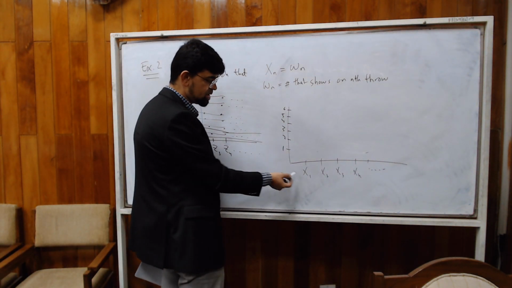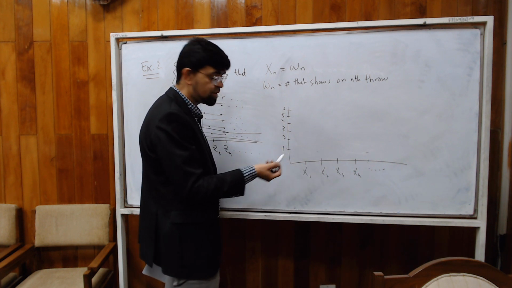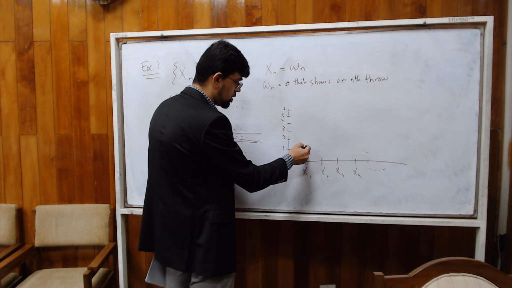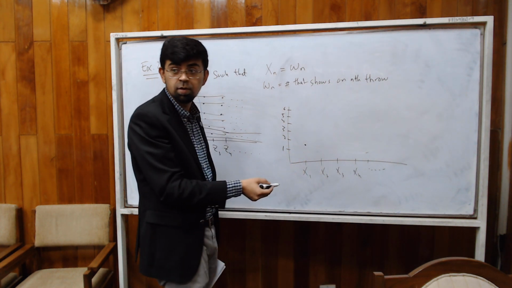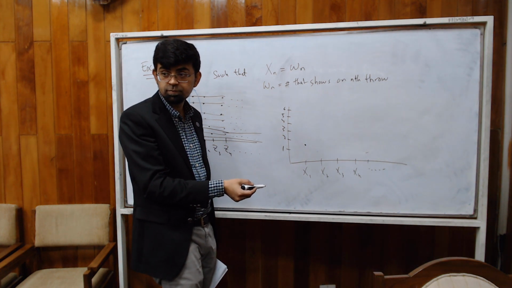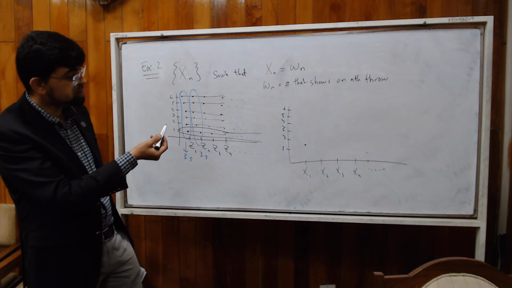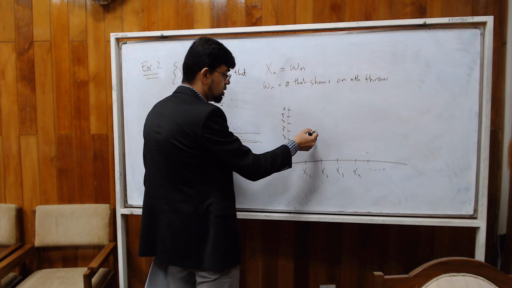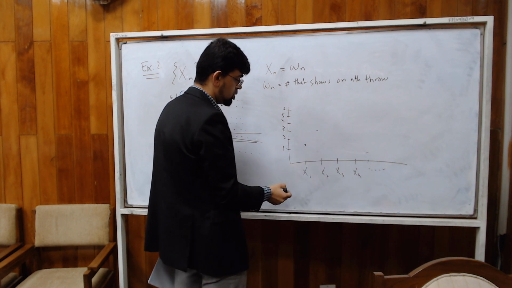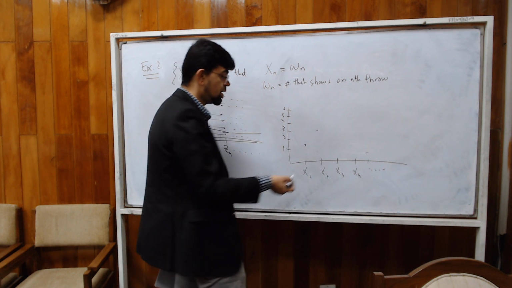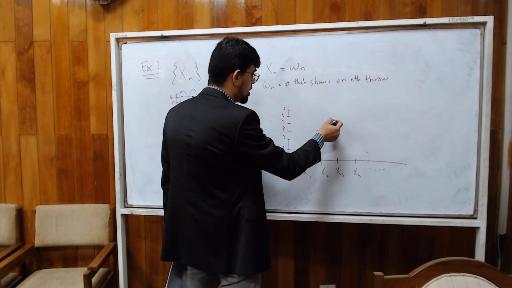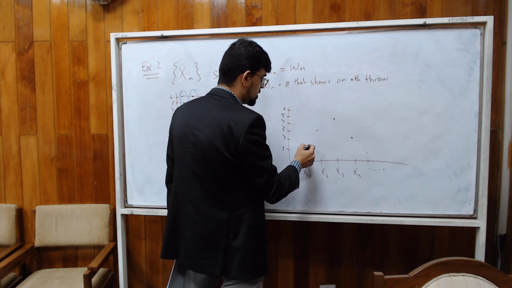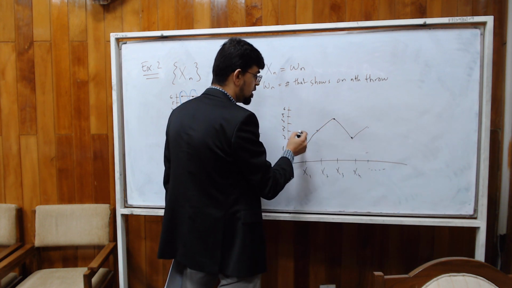Let's start with one. Let's say the first one takes whichever value, so 2. The second can be different, because it's the second toss. It can be 2, 3, 4, 5, 6, any of those. Then this one can be any of these, and this one can be any of these, and maybe again like so. So this is one realization, but you can easily imagine that from the 6 things that can occur,